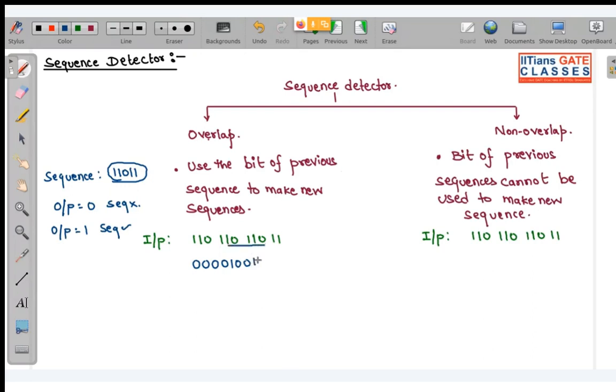For the next 5, you will be getting 0. For the next 5, once again you will be getting 0. For the next 5, once again you are getting 1, and you will stop your counting over here because there are no more bits. So you can still see that the number of times the output is 1